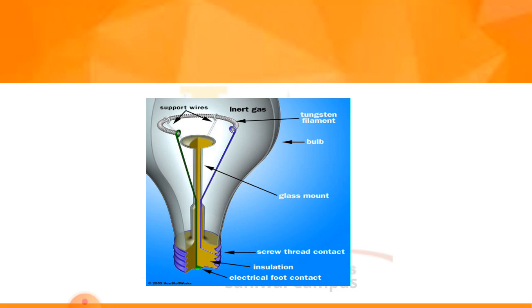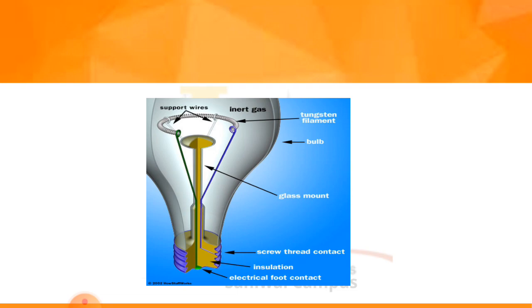So now you can have an example of a household bulb and the second type of bulb that is used in a torch. The household bulb also has a similar structure. However, the filament of this type of bulb is a fine coil of thin tungsten wire as shown in the photograph on page number 134.